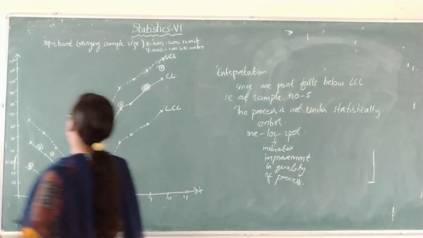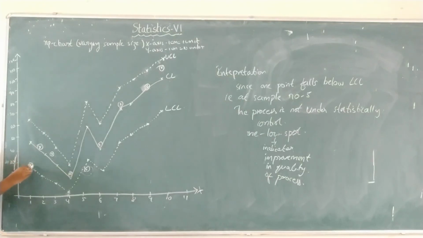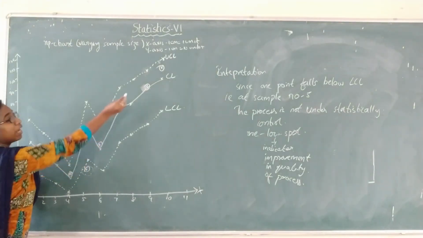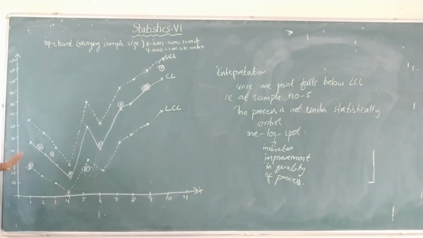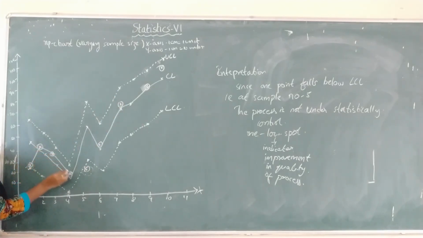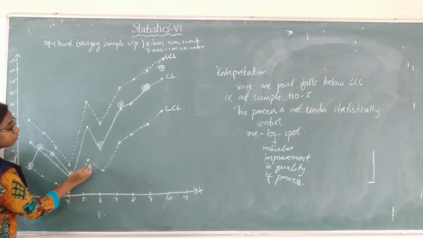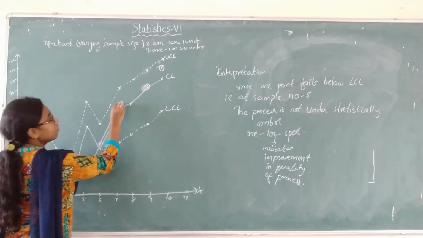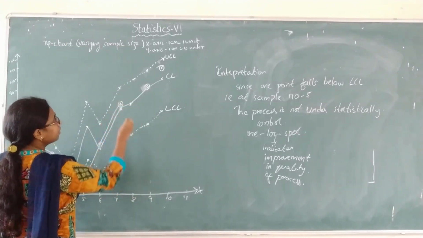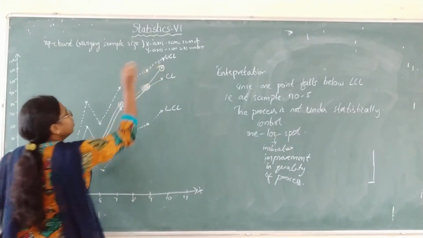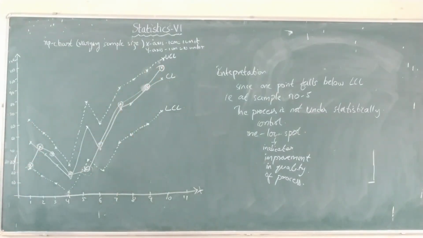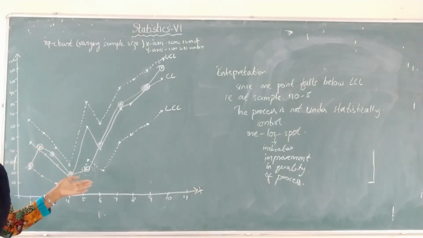After plotting, since it is a D chart, you have to plot all the D values. Since it becomes confusing, I have not joined those values. If you want, you can join these values also and observe the production process. For understanding purposes, I didn't join it. You can join it also, if you are not getting confused, you can join the DI values.